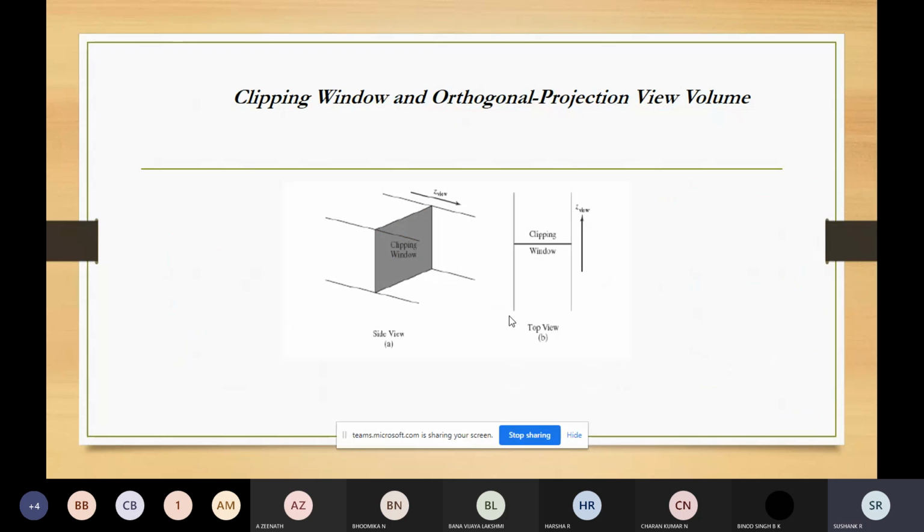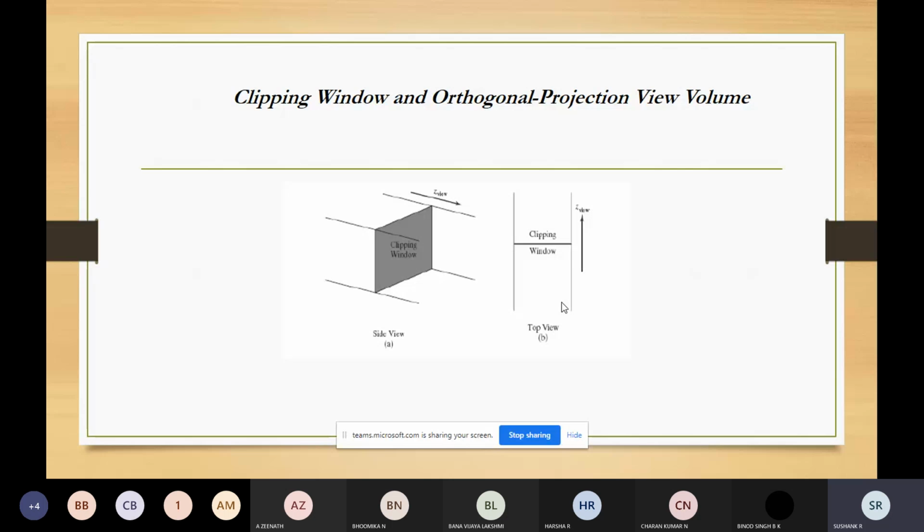The first image shows the side view of the clipping window, and the second image gives you the top view of the clipping window.